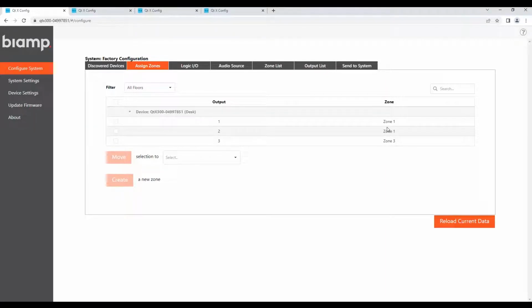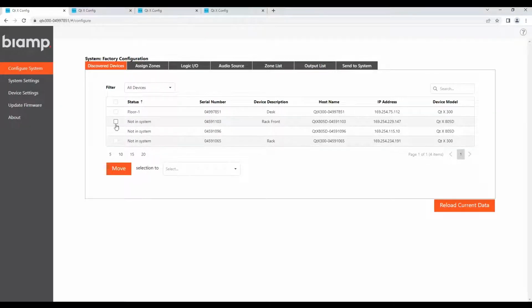What I'm going to do is add this other device. So my other QTX 300, I'm going to go ahead and build this into the system since we're doing offline configuration changes, so it's a good time to do that. I'm going to select that device that's unconfigured, and I'm going to move that to my system, which is actually the floor 1 system here. So when I hit move,